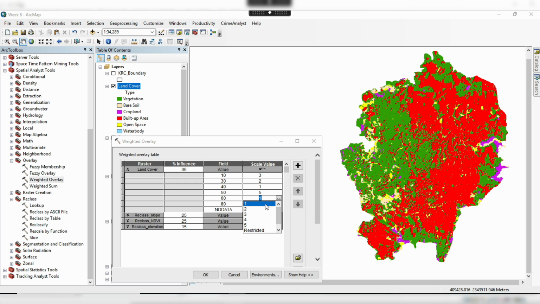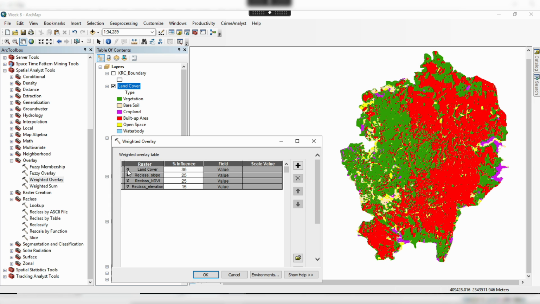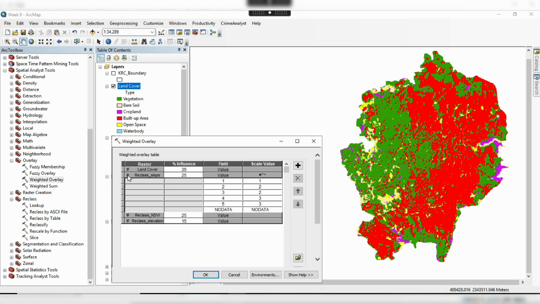Again, I give it 1. 80 is water body. There should be no landslides on water bodies, so I will restrict this class. So this is my justification for land cover classes. I'm happy, and close it and go to the next layer,